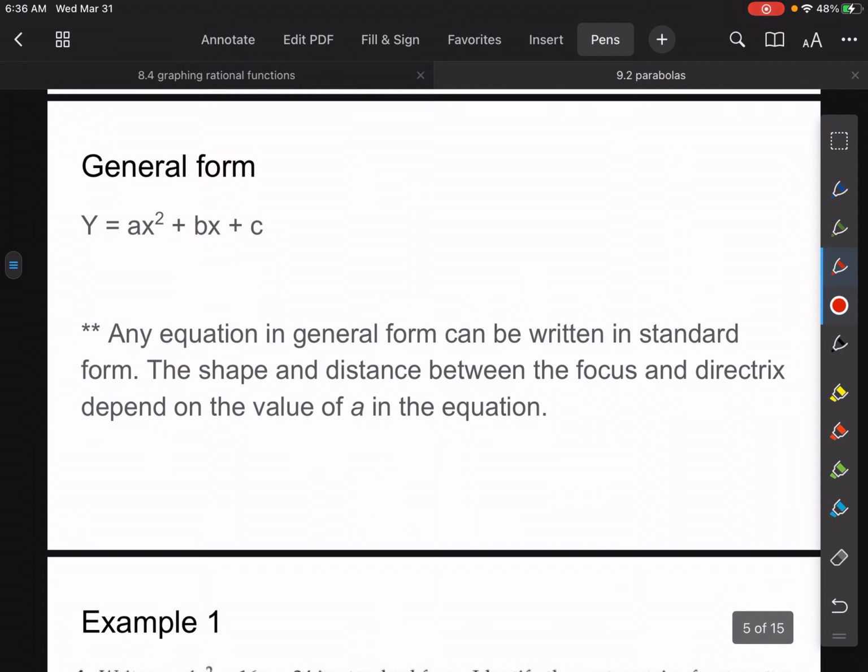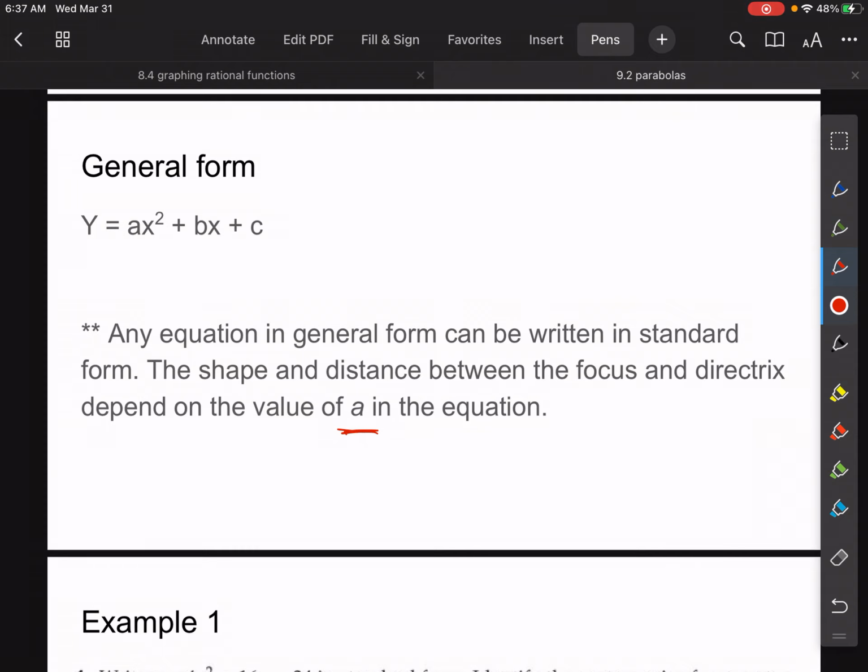So the general form of an equation for one of these things is y equals ax squared plus bx plus c. This is what you're used to, okay? If you have an equation in this form, it can definitely be written in the standard form or in the vertex form. And then the shape and the distance between the focus and the directrix depend on the a value in the equation. Okay, so how wide or how skinny it is depends on a and whether or not it's flipped